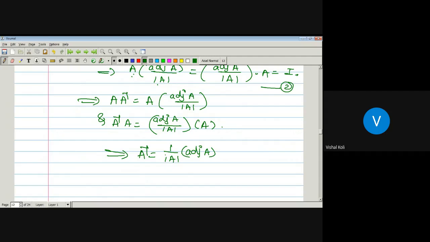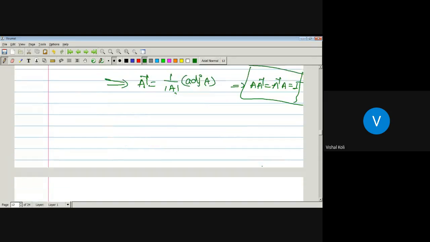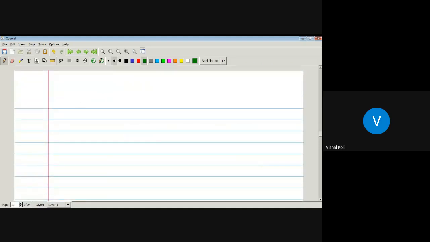That is, if we have a matrix A of order n, then what is its inverse? First we have to find its determinant, and if its determinant is not equal to 0, then 1 upon that determinant value into the adjoint of that matrix is nothing but the inverse of the given matrix. And if this A inverse is the inverse of matrix A, then A into A inverse is equal to A inverse A. So that is the inverse of a matrix in terms of its adjoint. Now there is one theorem or result depending on this definition.